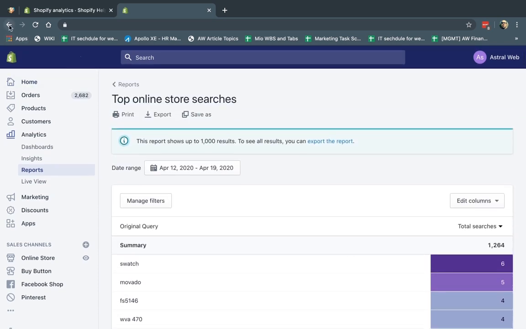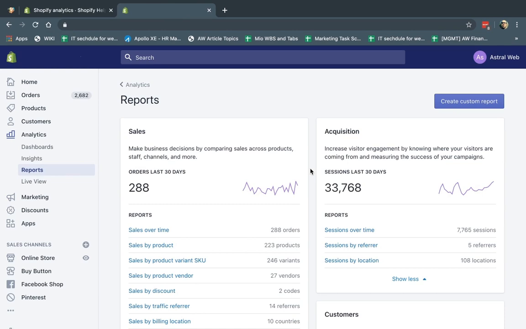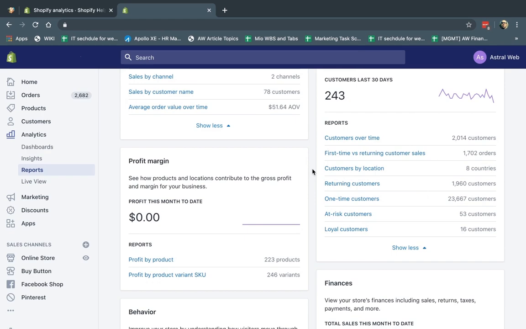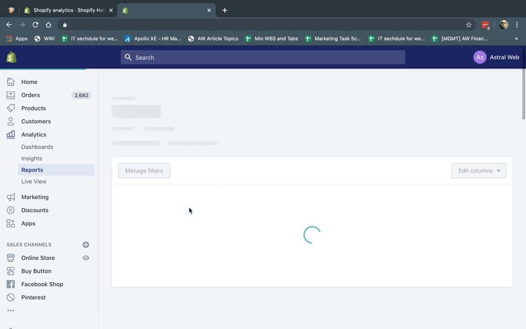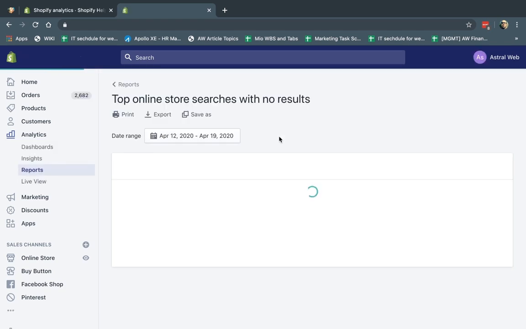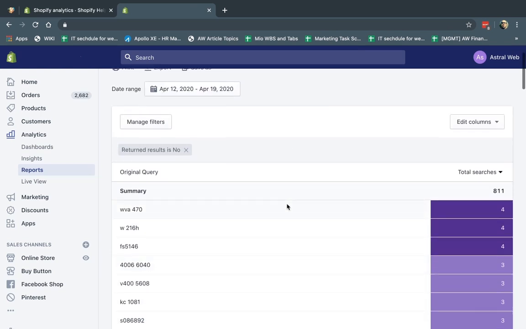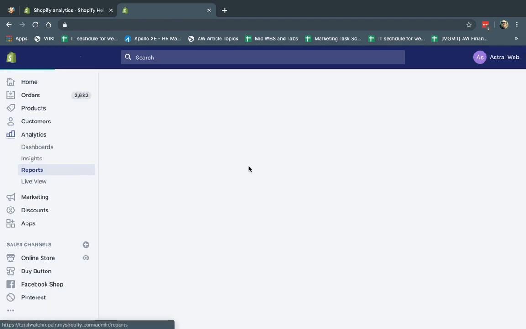And another one about searches, which is really nice, let's go back, is I can see which searches customers search for in my website that brought zero results. Let me show you this. See, top online searches with no results. So I want to see what people are searching for that they don't find what they're looking for, and I want to figure out how I can give it to my customers. I don't want to lose those customers. Can I modify my search page? You see here, these are all things that I have no results for, okay, right here. And basically it's the filter right here. So you could have gotten to the other report and then added a filter, but they already made it. Okay, what else do we have here?